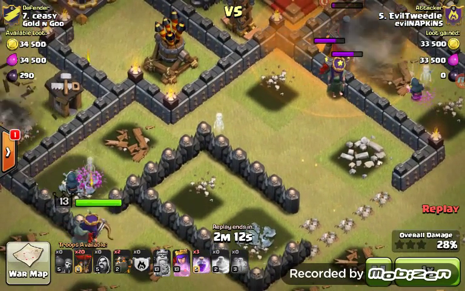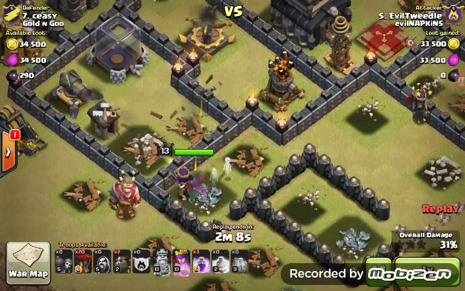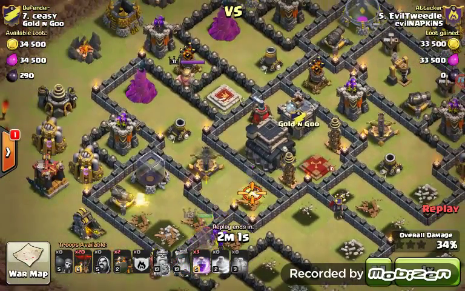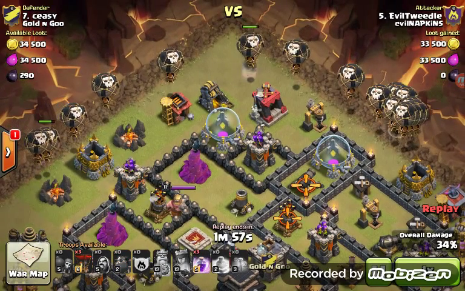This one wizard's going to die. That wizard's going to die. So my AQ takes out this. And then she gets focused on the AD. When she's focused on the AD and it's gone, then I can start to launch my loons. And where I really messed up